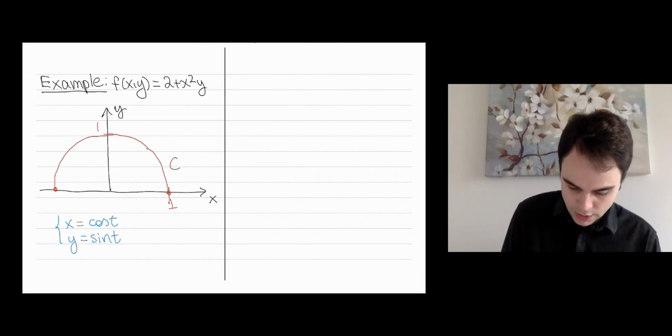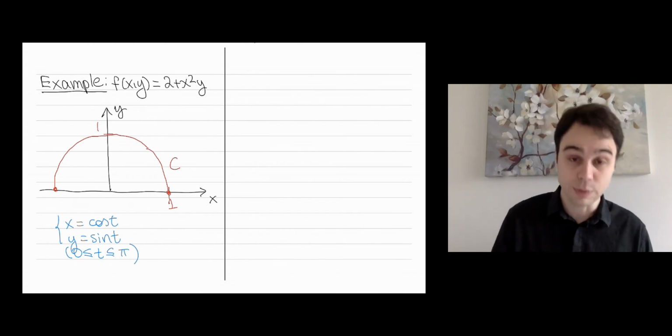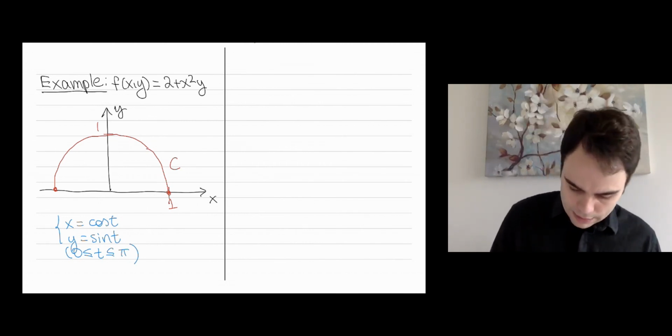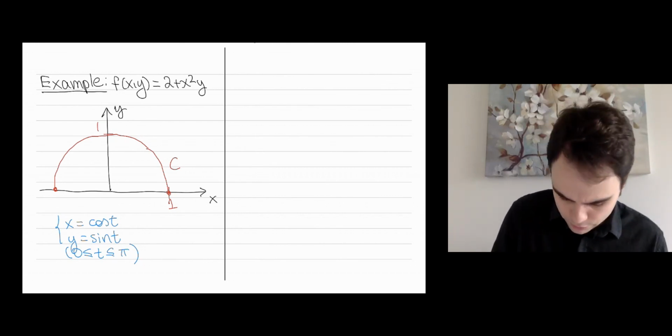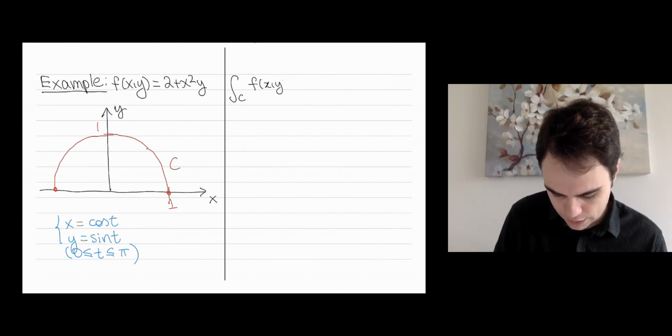I like. So here I just want the upper half, so I'll just bound my parameters. I'll just say t lives between 0 and 2 pi. I'm sorry, between 0 and pi, so I get the upper half. Now, with the parameterization and the function, we can just set up the integral. So the integral over C of f of x, y times ds